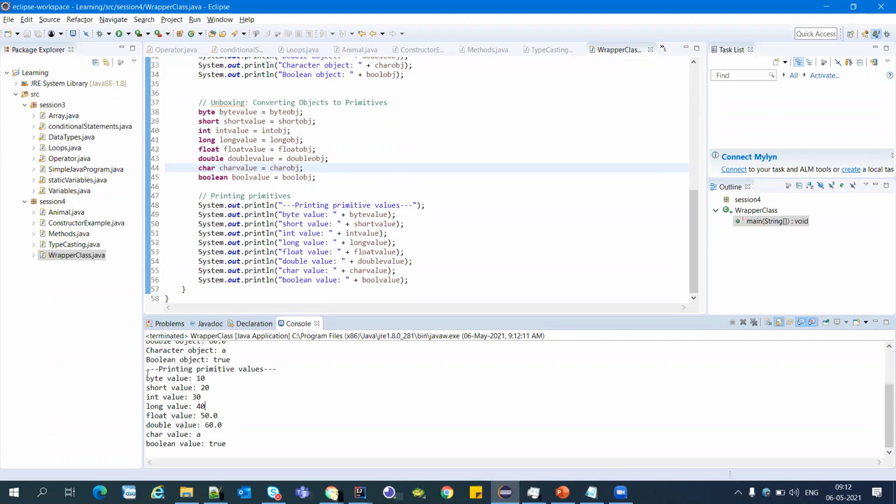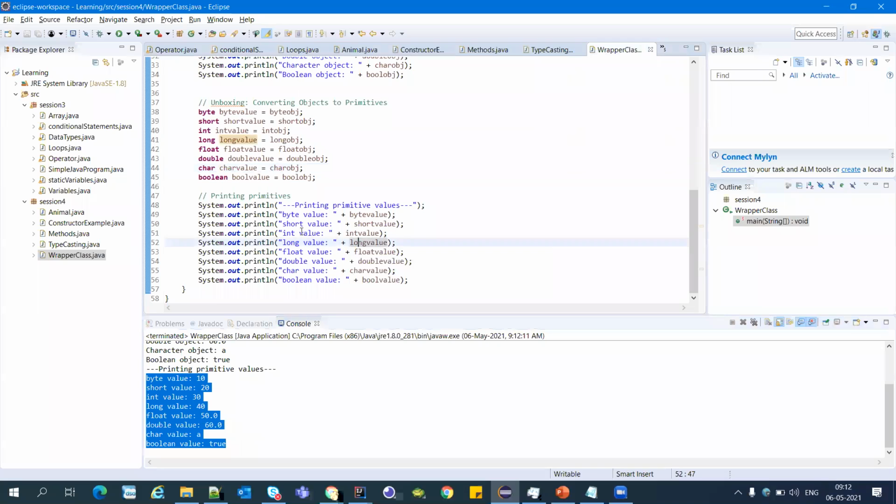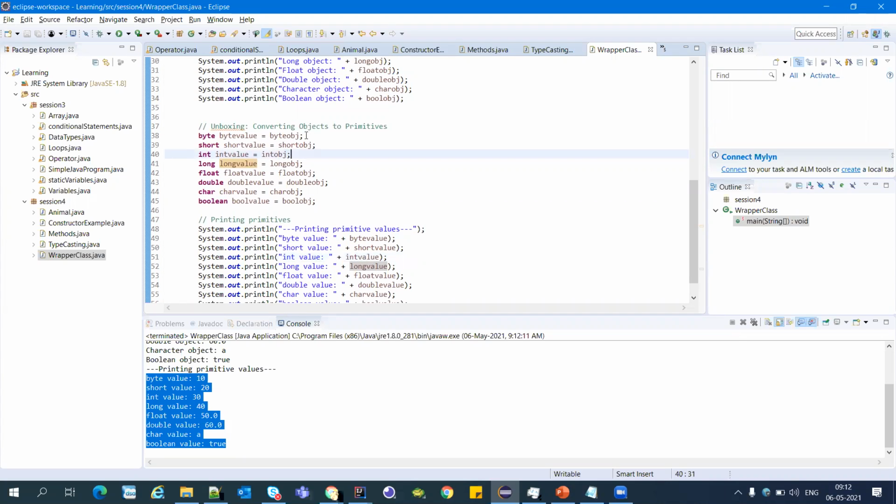From here, we have the primitive data type. Any doubt, guys? With a single line, we can autobox or unbox.